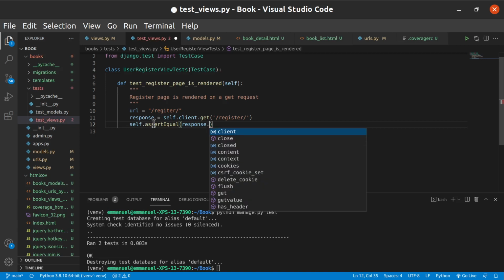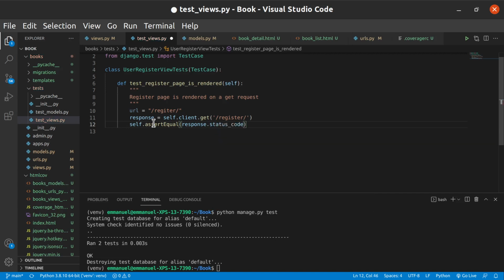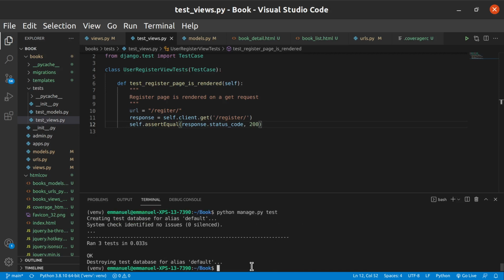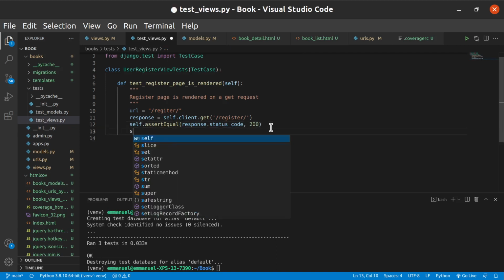So we say response.status_code, then let's check if it is 200. If it is 200, that means our test has actually worked, that means our register page has passed the test. Sometimes you can be even more intuitive and say, okay, self